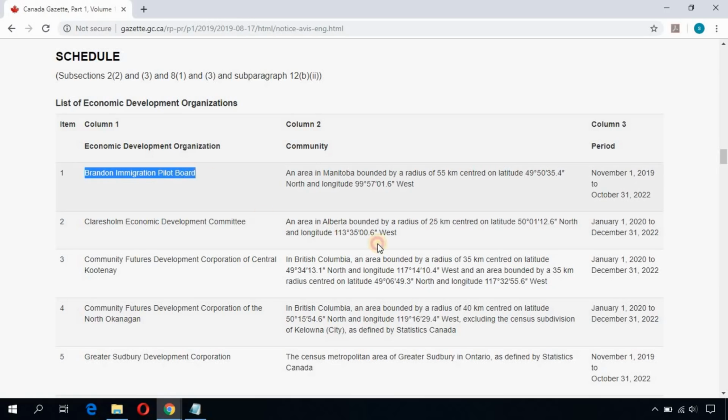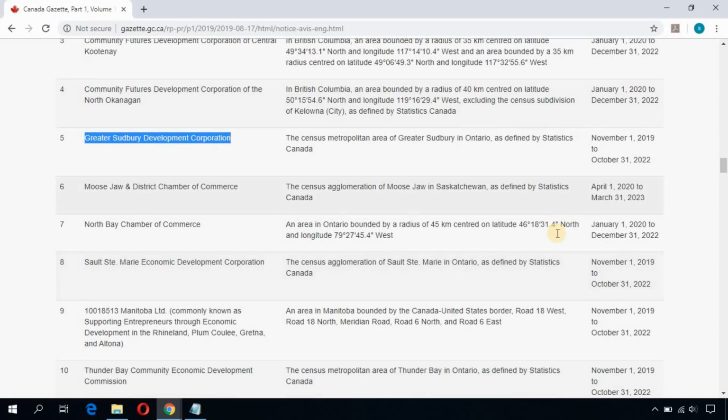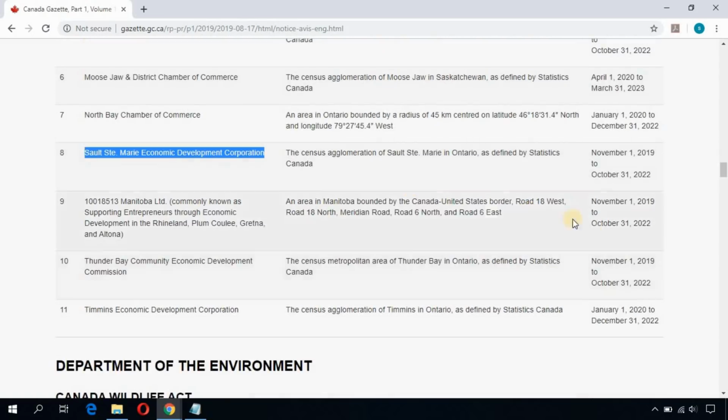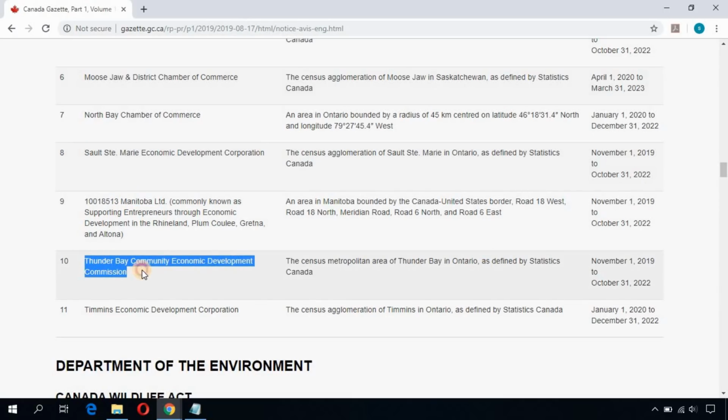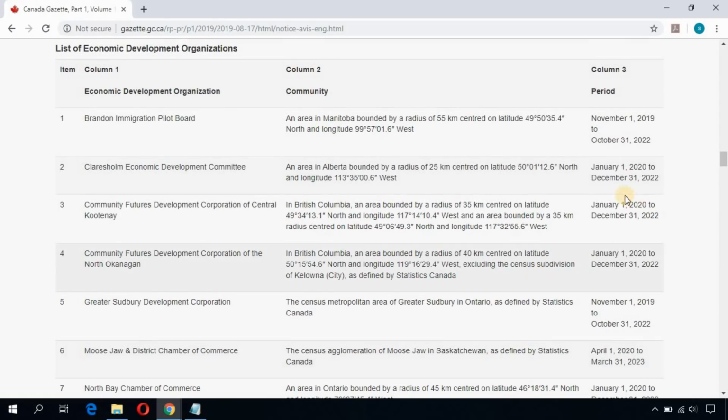Brandon Immigration Pilot Board, Greater Sudbury Development Corporation, Sault Ste. Marie Economic Development Corporation, what else? Manitoba Limited, and Thunder Bay Community Economic Development Commission. Now the other communities are actually going to start on the first day of next year, which is January 1st,